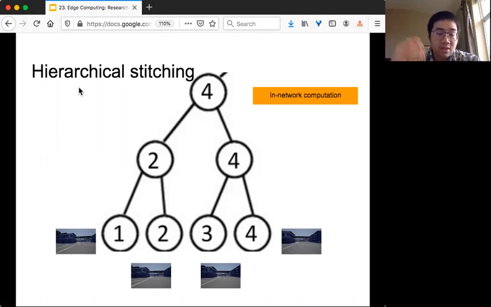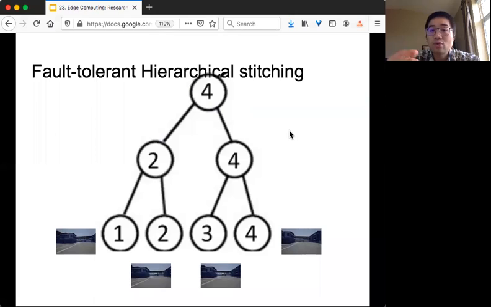This is actually a very old concept called in-network computation, and our contribution is to apply this technique to vehicles. We also propose the idea of what happens if some vehicle, suppose vehicle 2 or vehicle 4, has failed, then how do we recover the original data that we need? Our paper presents some analysis to make sure that this is fault tolerant, and that we can recover from failures.